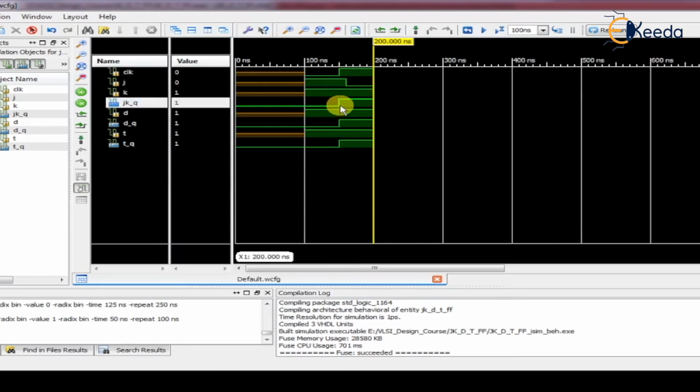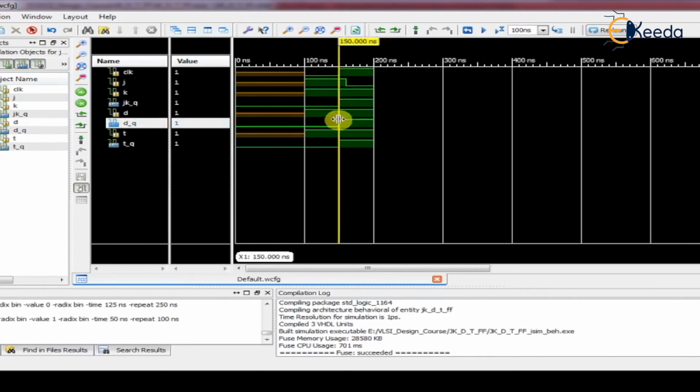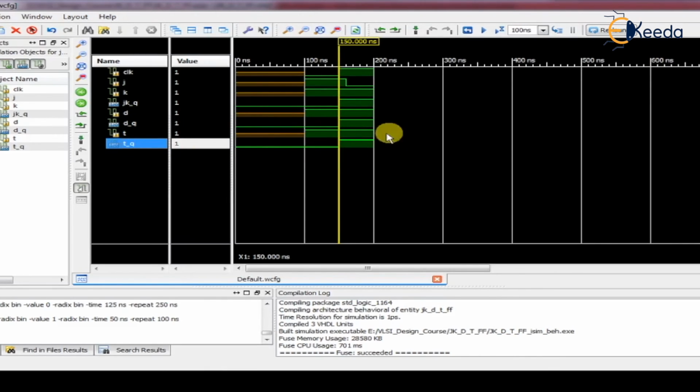So here you can check, here output is toggling, previous is 0, next value is 1. As well, if D is equal to 1, whatever the value of D, it passes to the output Q. As well as if T is equal to 1, TQ, in case of T flip-flop, it is toggling.